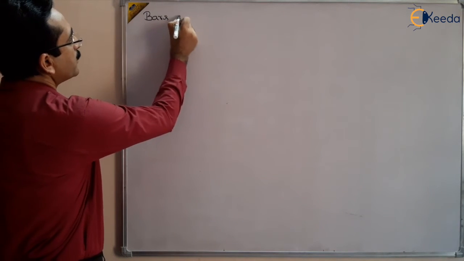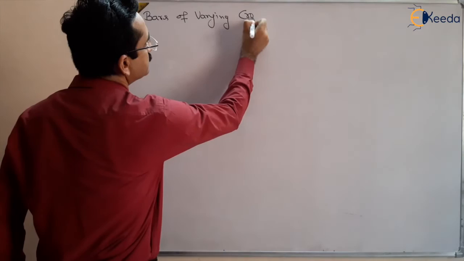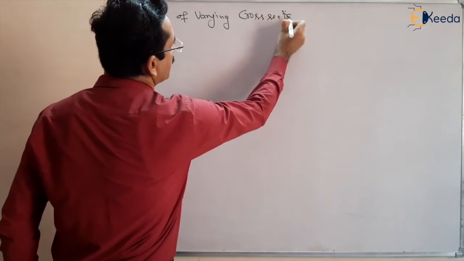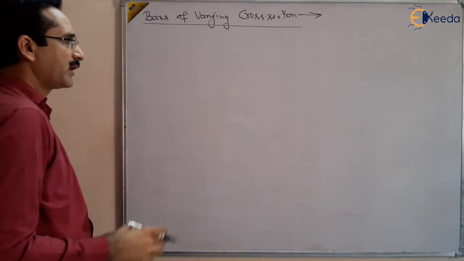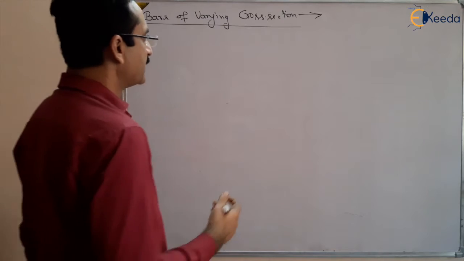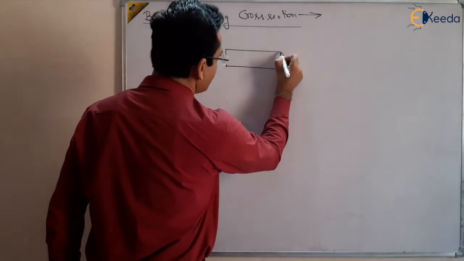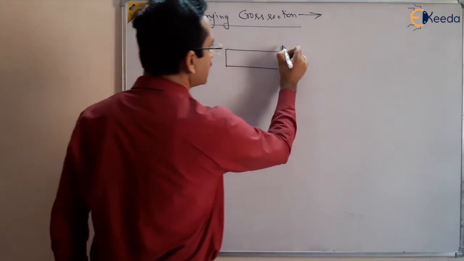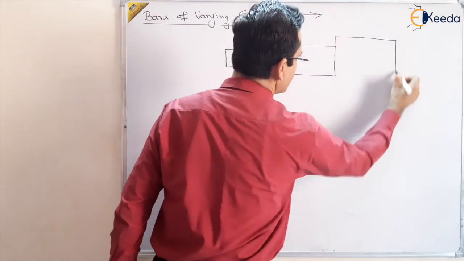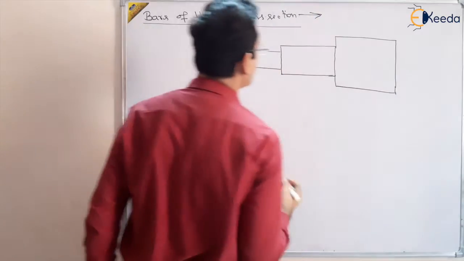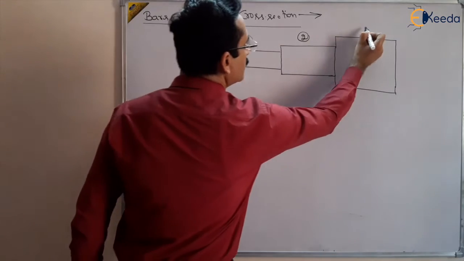Bars of varying cross section. We have a bar and it has different cross section areas. For example, suppose I make a bar which has different parts like this. This is one part of this bar, this is another part, and there is one more part. So we have three parts of this bar. Suppose we name them 1, 2 and 3,